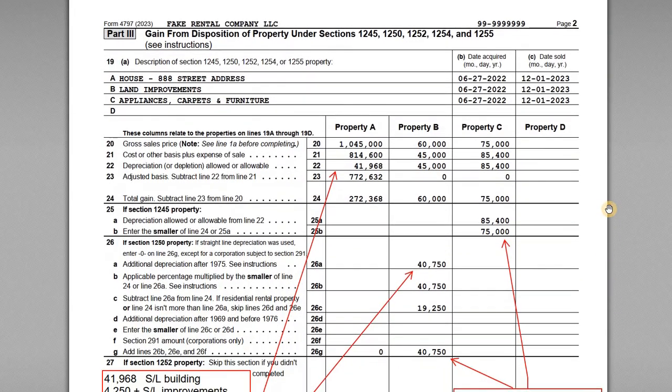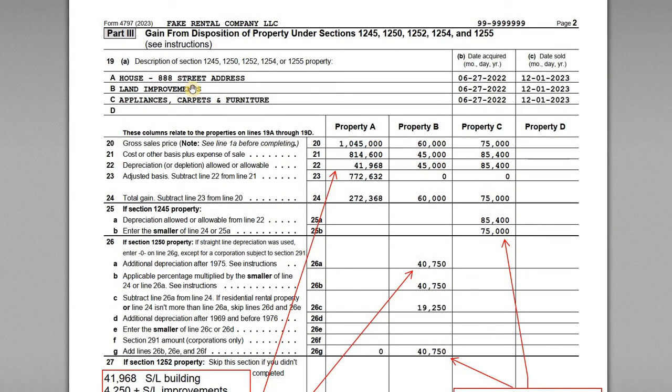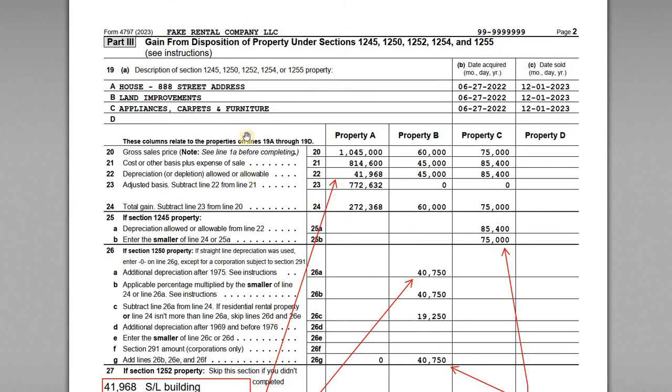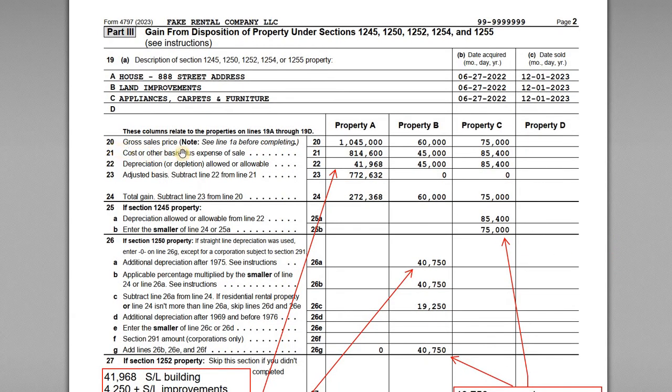So if I go to part 3, each item that is sold as part of that bulk sale needs to be separately stated. So we've got the house, the improvements, the appliances, carpets, and furniture, and then the date acquired and sold are all the same for each. Now, on line 20, the gross sale price, because this is a group sale, again, like the page 1 for the land, we're allocating a portion of that price to each asset based on what we think the fair market value is. So we've assigned